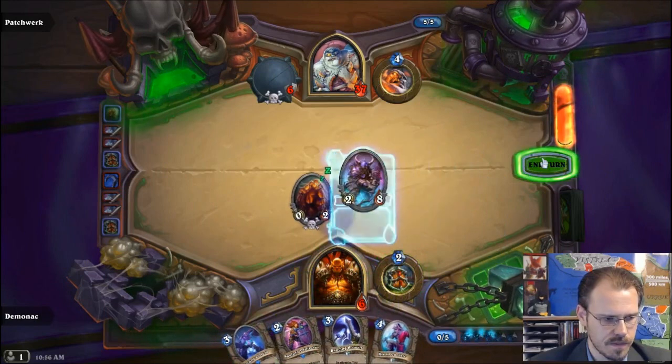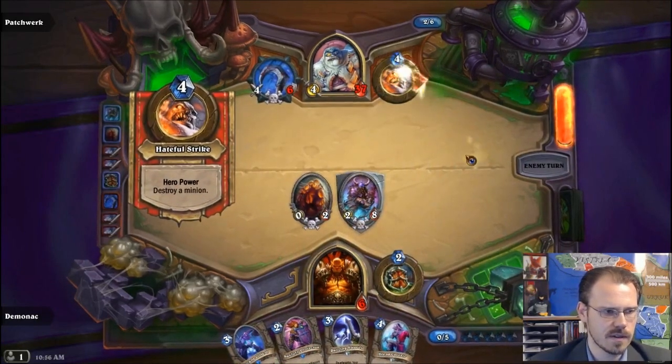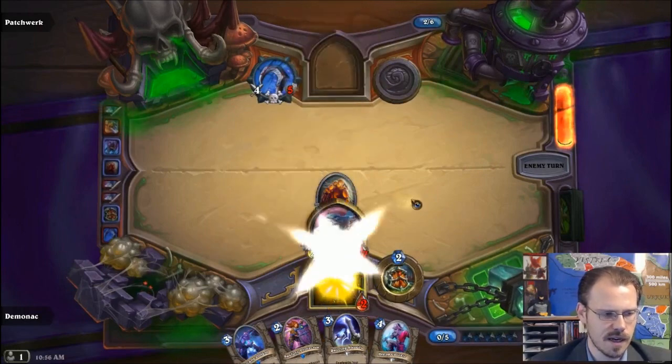Death does not scare me. I can't armor up enough to survive one round there. He kills the one with Taunt. It's also the highest attack, which he seems to prioritize. I think he goes Taunt first and then highest attack, but now I'm dead. So,